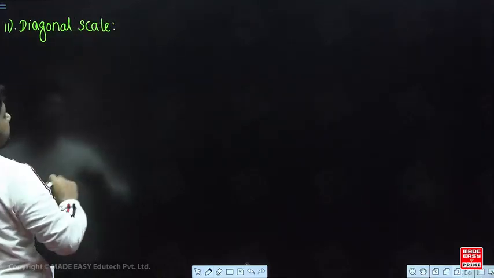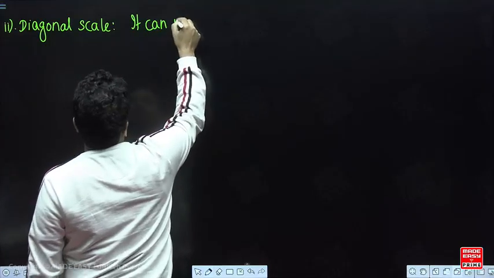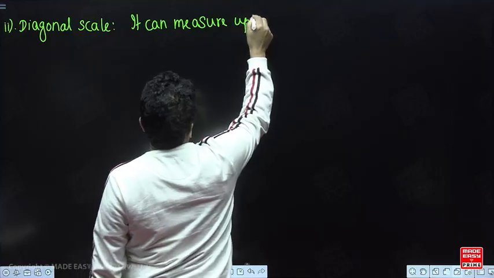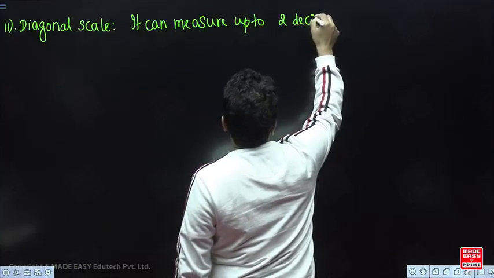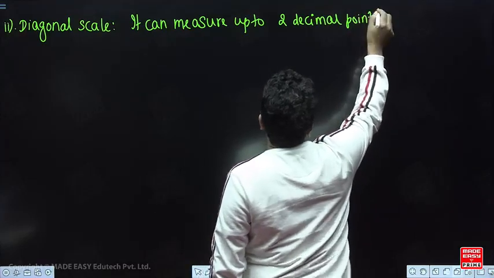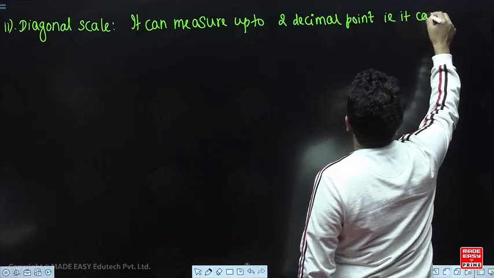Diagonal scale, see, it can measure up to 2 decimal points, that is, it can measure